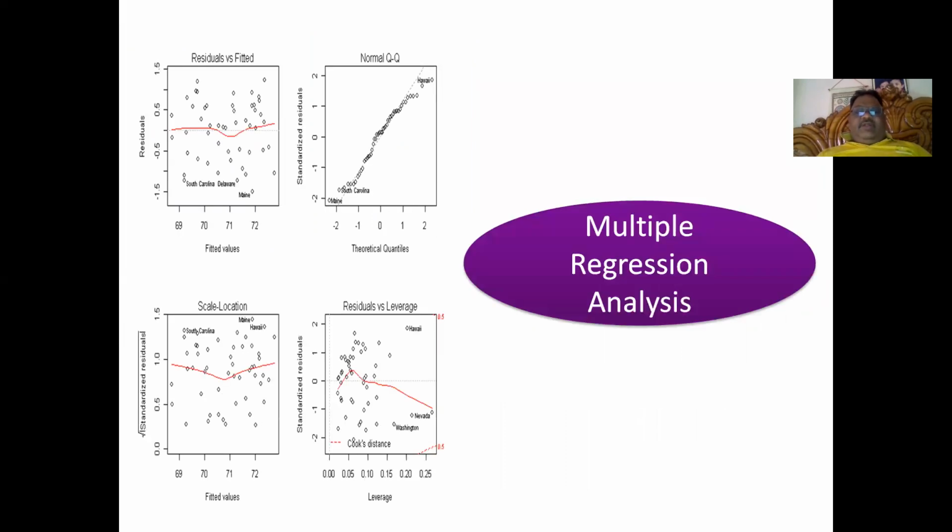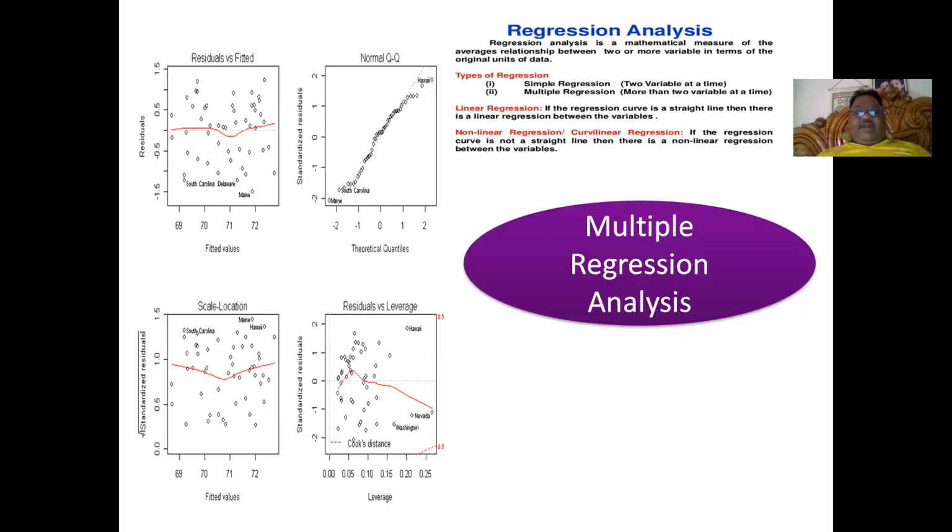Also, we will use multiple regression analysis to find out which variable has impact. Suppose I want to know what are the factors impacting the sales of the product. Let's take four independent variables: advertisement, compensation of salesman, price, and promotion expenses. I want to know out of these four, which has more impact on sales. For this case, I will use multiple regression analysis.